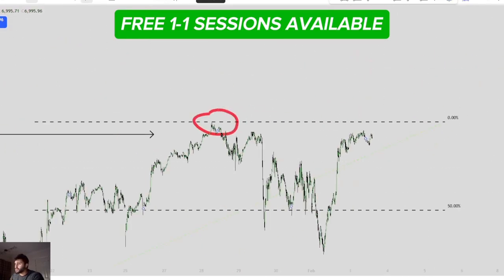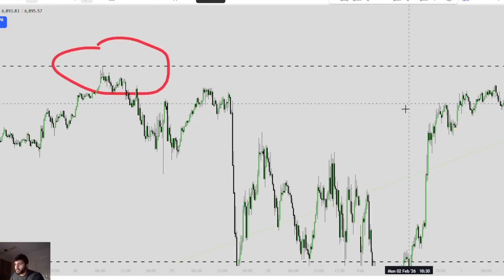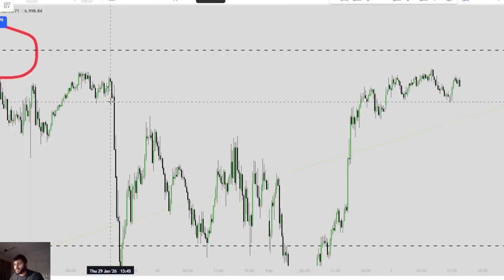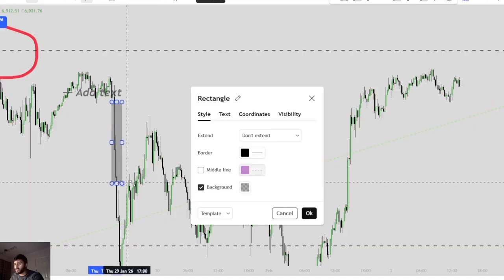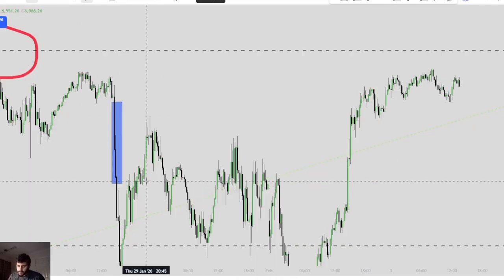If we go to the charts over here, what you're looking for is a 15-minute fair value gap. If you're looking at this chart, hopefully if you've had any more than 1 or 2 years of experience, you will find that this here is a fair value gap. This entire region here is a zone. This is a fair value gap. Now, for me to find my key levels,